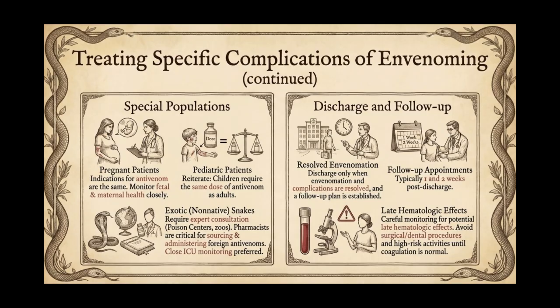Cases involving exotic or non-native snakes require consultation with experts such as poison control centers, zoos, or herpetologists. These specialists can help identify the snake and provide guidance on specific treatments, as the effects of exotic snake venom can vary widely. Hospitals generally cannot stock antivenoms that are not approved by the Food and Drug Administration, as these are typically held by zoos or require emergency investigational new drug applications to the Food and Drug Administration for human use. Pharmacists play a crucial role in sourcing, preparing, and administering these specialized antivenoms, often navigating language barriers with non-English